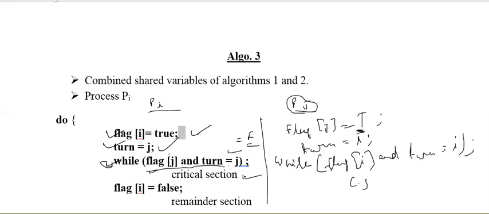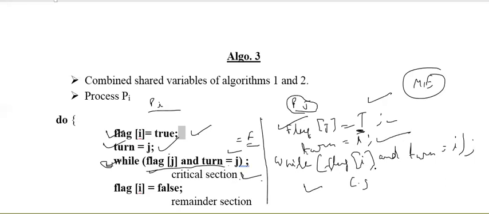Now suppose process I is in the critical section and suddenly process J arrives. Now as per mutual exclusion, if it is satisfying mutual exclusion, PJ should not get a chance to enter into the critical section. So let's try to check. This process is in critical section. If PI is in critical section, it means that flag I is true. Now this PJ process has set flag J true, and by itself it has set turn is equal to I, it has given turn to I.